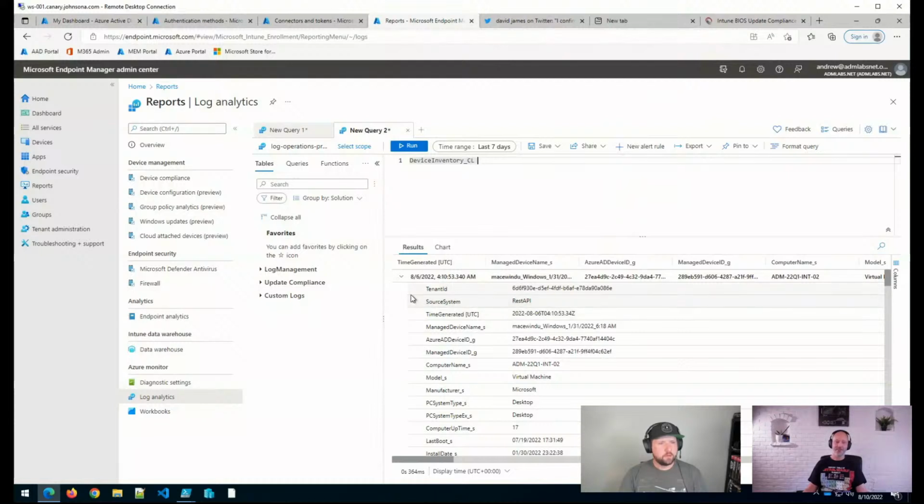Something I just stumbled across recently about proactive remediation scripts: we wrote a tuner for BranchCache for customers who are managing their fleet with Intune policies. I had a script that I was working on, I just copied it into ISE and uploaded it to Intune, and it didn't work. It worked locally, but not when running through Intune. It turned out that sometimes when you use PowerShell ISE to copy and paste in the proactive remediation script, it garbles some of the characters.